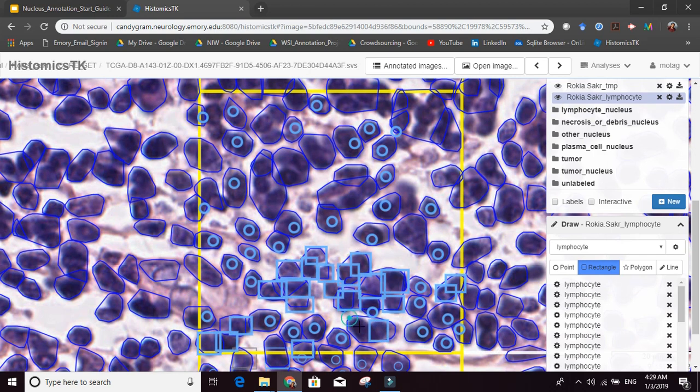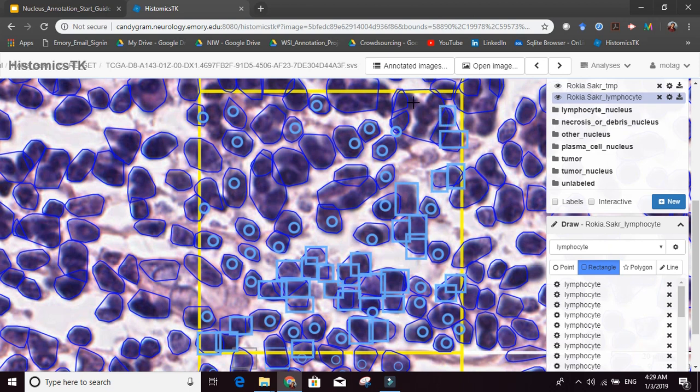Just because I'm doing all this recording, it's a little slower than it usually is. So you can see this clump. The algorithm thinks all of these are one lymphocyte, but in fact it's 3 of them. So you just break it down. You ignore what the computer does, basically, in these situations. In here, you do this, you do this. See that? There's no problem. You just do this, and then let's do this.